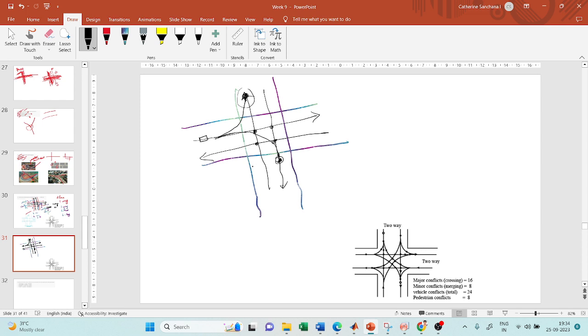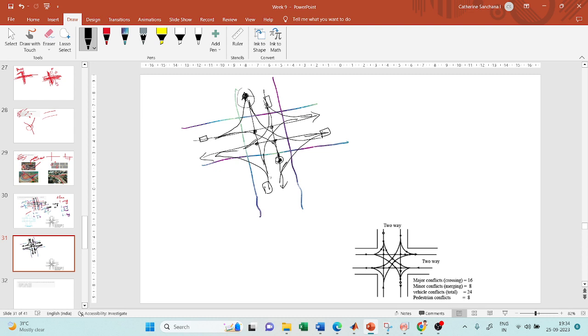Now you've finished, so you imagined yourself in one direction. Now move to the next direction. So stand here, you're moving straight, then you're moving left, and then again you're moving right. Okay, in the same way you have to draw for all the four directions. So you did this for here. Now imagine yourself here, left, straight, and then again right here, right? In the same way, imagine yourself here, straight, left, and then